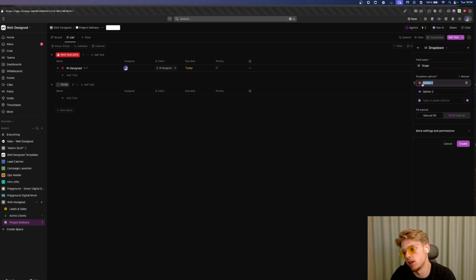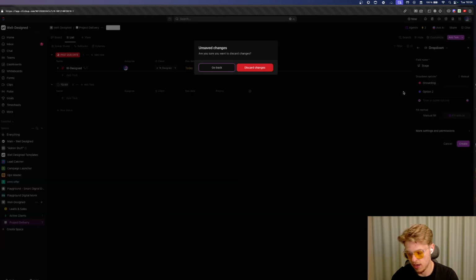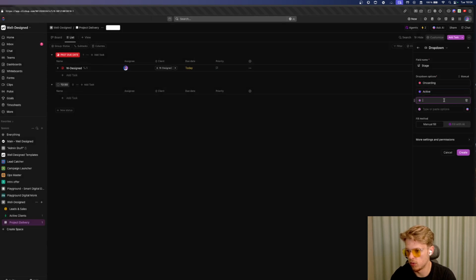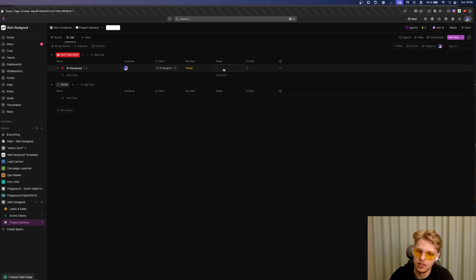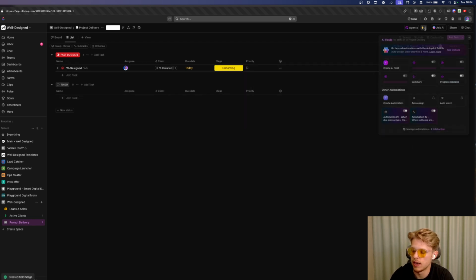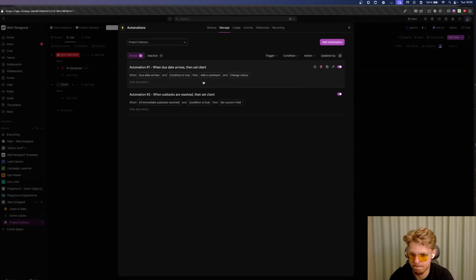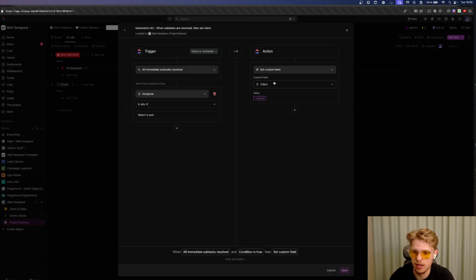Stage, let's just say onboarding or active, or we have something called complete. Onboarding yellow, active blue, and complete green, like this. So if stage is equal to onboarding and like this, and